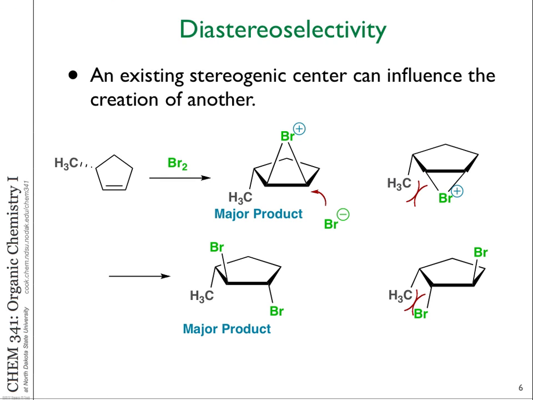Now, this is where we left off in the last lecture, talking about a case where we have a reaction on a double bond. It's a stereospecific reaction. We only get the trans addition of bromine across the double bond. But that trans addition could be in two different ways. And in fact, these two happen to be